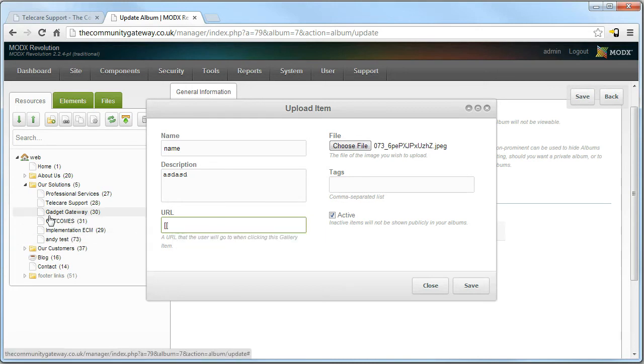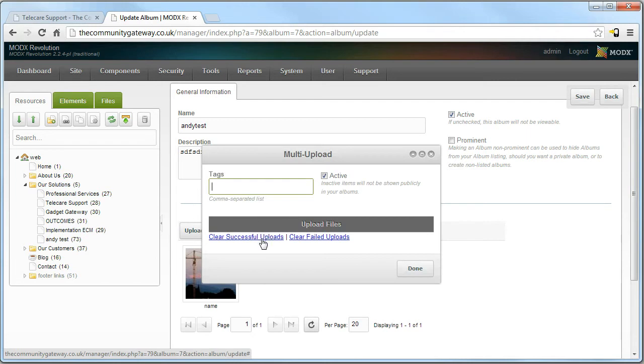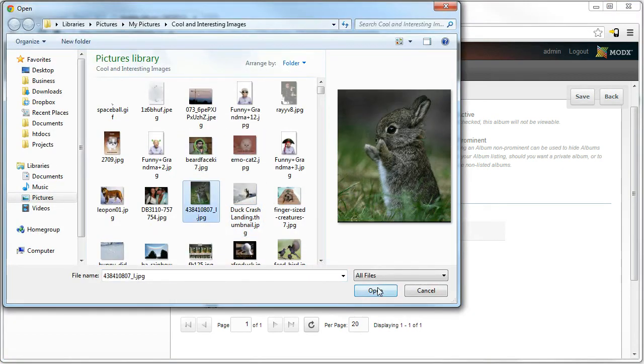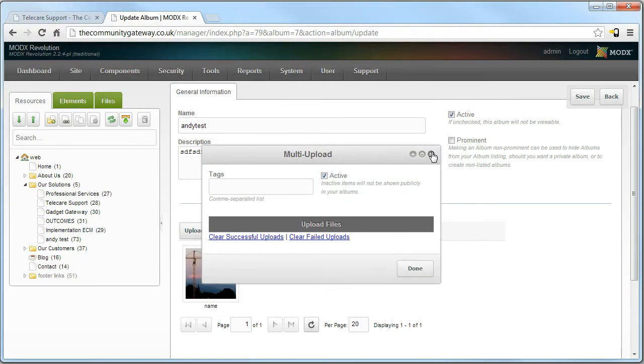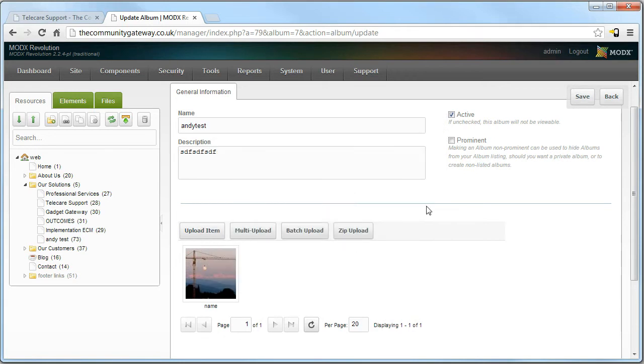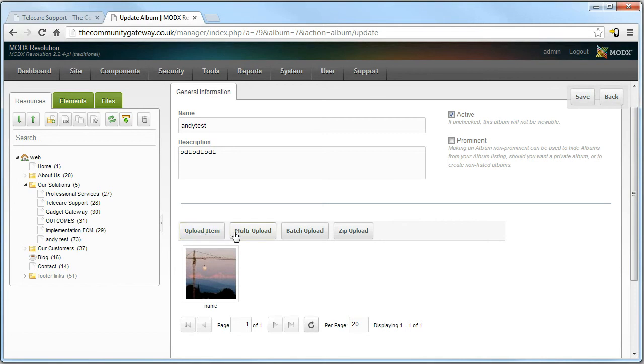So remember the structure of the links I told you earlier, like that, and then I'm going to save, and that's uploaded the image. You can also multi-upload, where you select multiple images that you want to then upload to the gallery, or you can batch upload, which picks it from a directory. I wouldn't really do that if I were you. You can zip upload, where you upload a zipped folder,